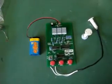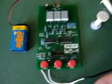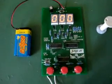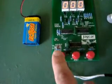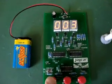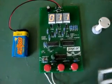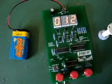Okay, so here's the finished product. I've just modified it and hacked it up a little bit by adding this reed switch across this little input here. So I'll just show you how it works. Press this count button to turn it on, and hit the input button, and we can add a value to it. Likewise with the reed switch, as it passes over a magnet,